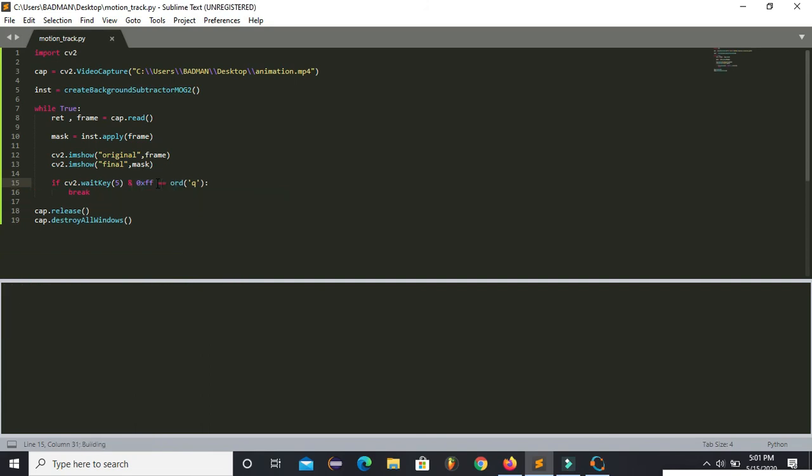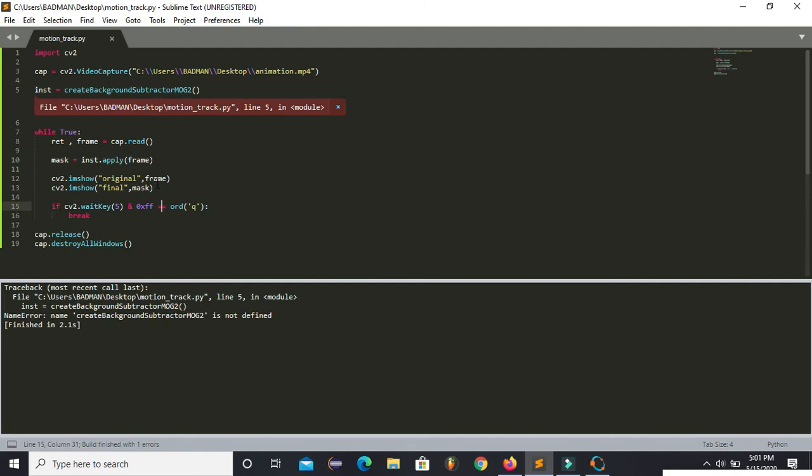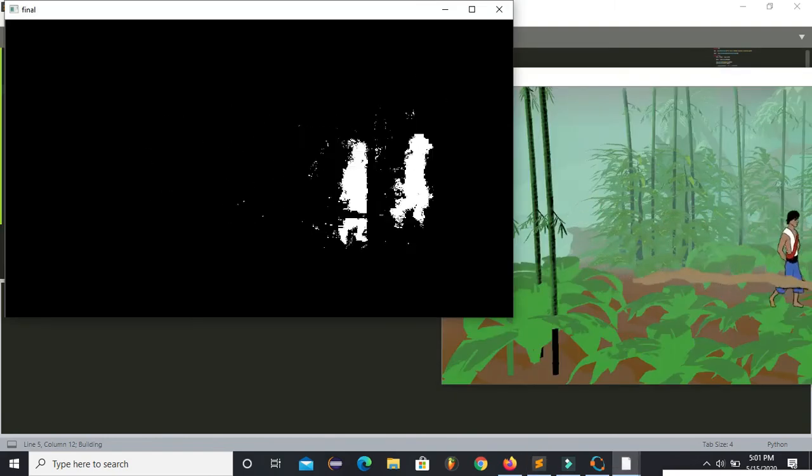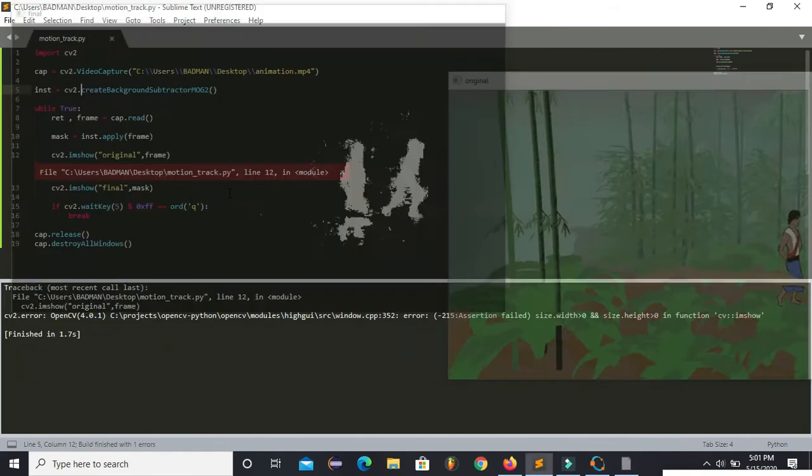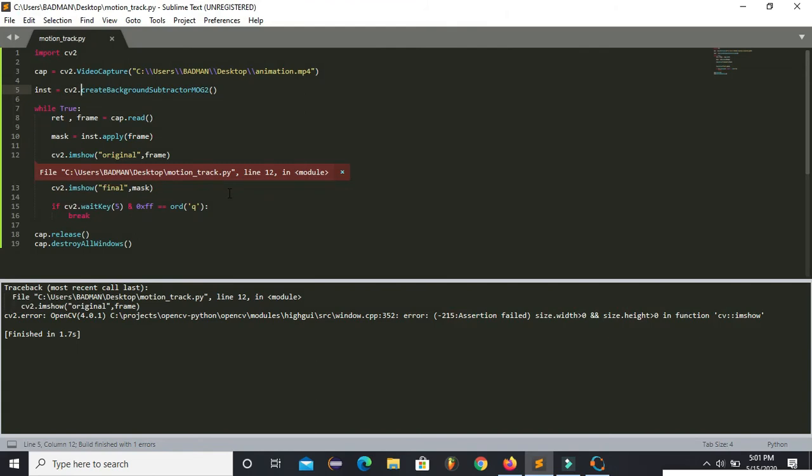Now you can see that the part which was moving in the video is shown in white, and the rest of the part which was not moving is black.